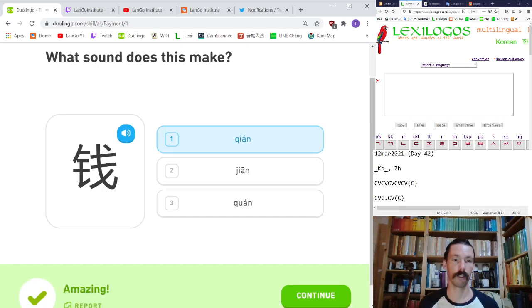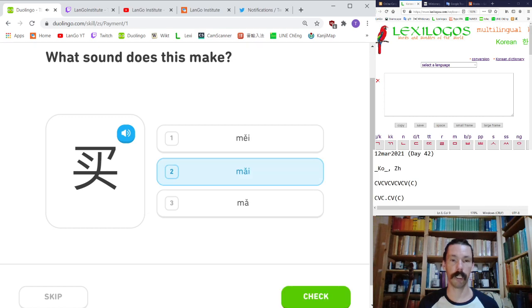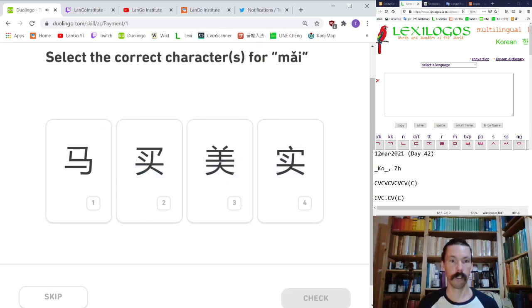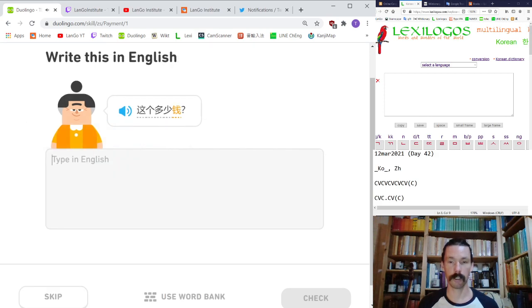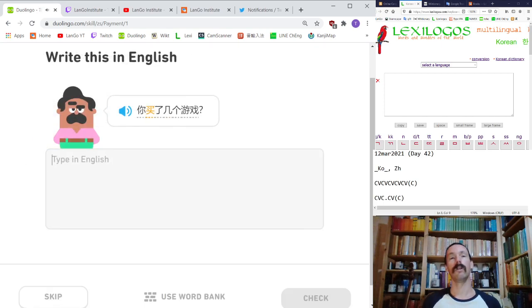Qian, money. 买 Buy, to buy. 这个多少钱？ 这个 topic. 多少钱? How much money? How much is this one? 你买了几个游戏？